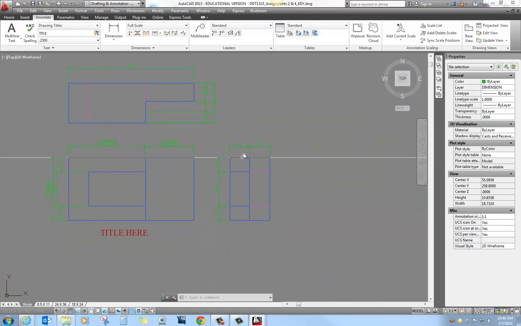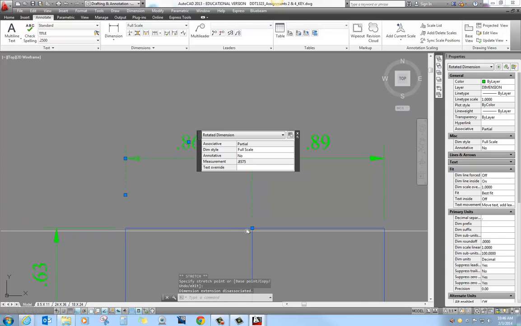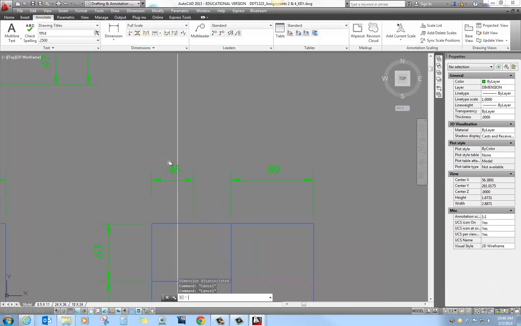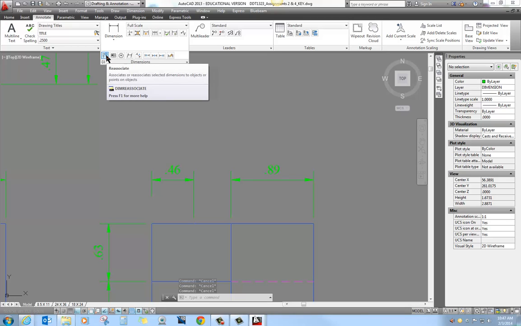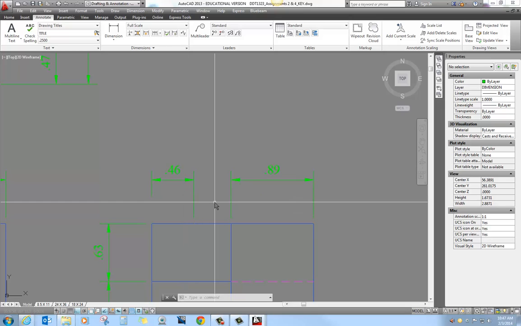Down here we have a couple of other little tools. One of them, this one I'm fixing to show you, is kind of, I won't say it's pointless, but there's easier ways to do it. But it's called the reassociate tool, and what it does is it just allows me to take a dimension and reassociate it to objects that